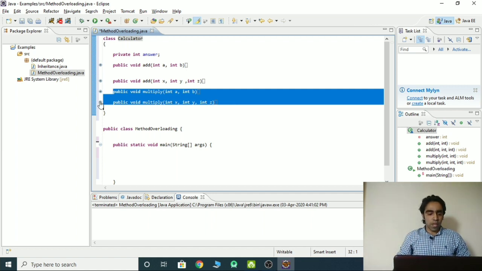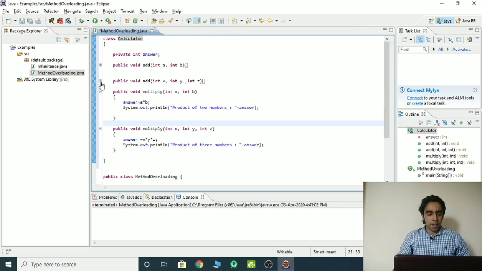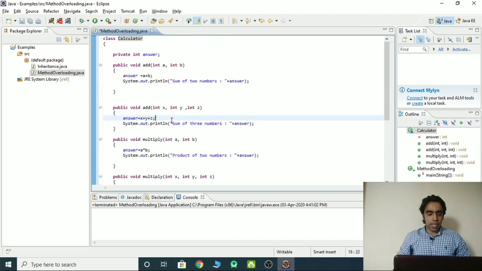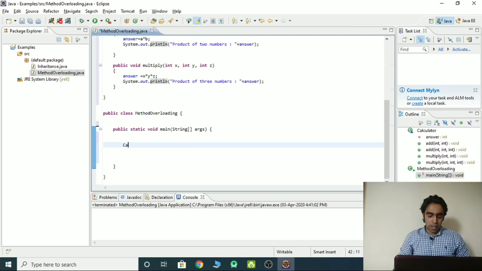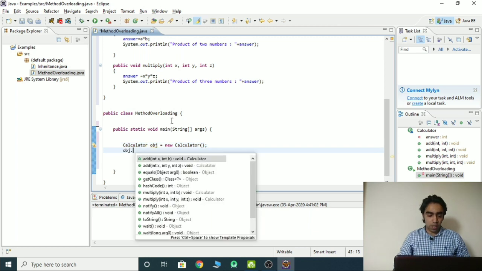While calling these functions, we create an object of this class. The class name is Calculator, Calculator obj equal to new Calculator, and then obj dot.